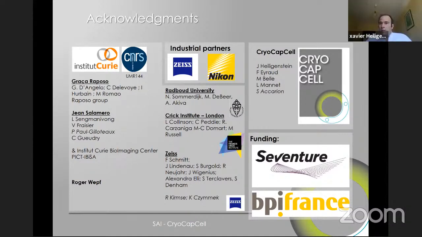So it depends on the workflow you select. In my case, in the correlative HPF, I'm using the Cryo Capsule. And as I mentioned, the Cryo Capsule is a small Petri dish, but has carbon landmarks at the bottom that will tell you you're in A, B, C, D. And that will allow you to see the sample alive and know where it is. So it's, let's say, in A2. And then you freeze, and then the carbon landmarks are transferred in the plastic, so you can find your cells of interest back. This is with the workflow I'm presenting from Cryo Capsule.